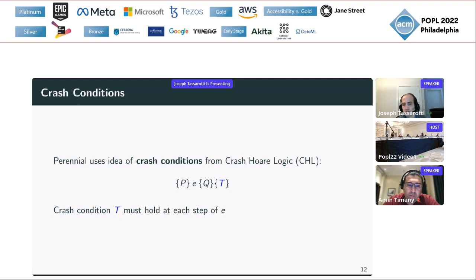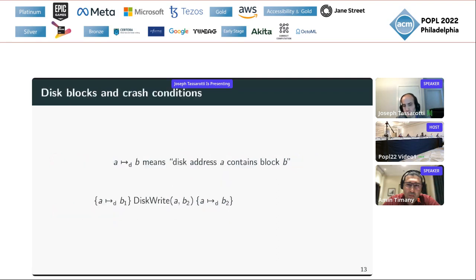Here that assertion is T. The idea is that this judgment holds, meaning the crash condition T has to hold at each intermediate step of E's execution. The pre and postcondition P and Q have their usual meaning, but we're making a further guarantee that at every intermediate point as E takes steps, T will also hold.